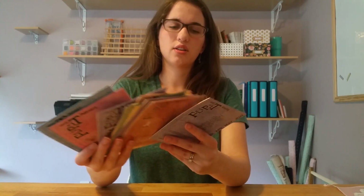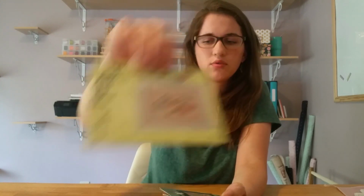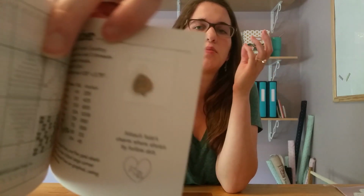There is a July one in here, but it's not the one from this set. So I'll show you the set. January, February, March, April, May, June, August, September, October, November, and December. So these are all called A Year with Charm, and they actually come with these little brass charms inside them,